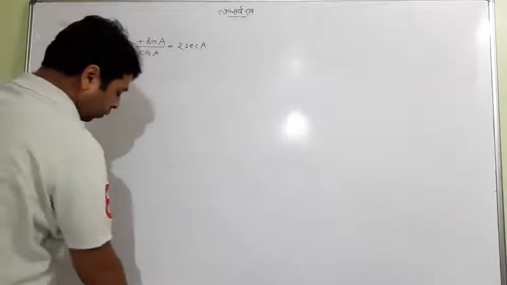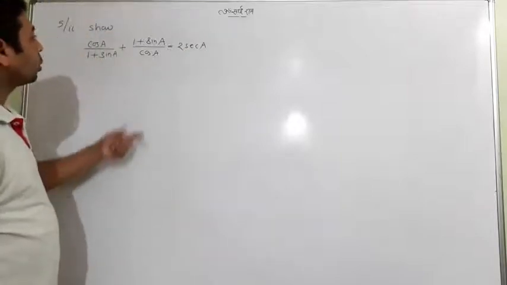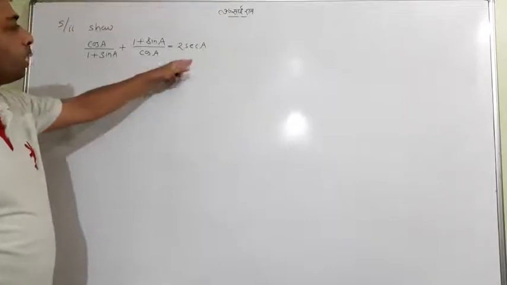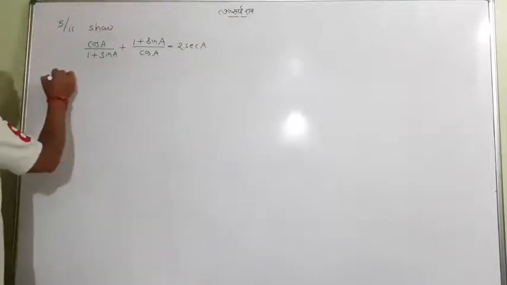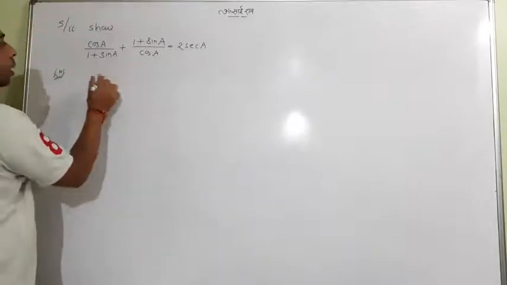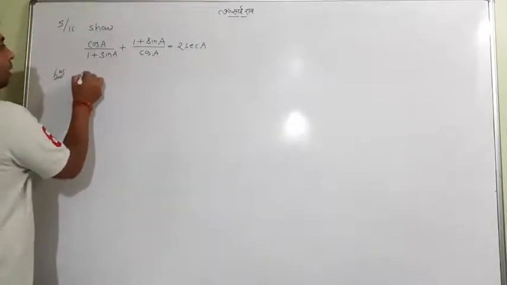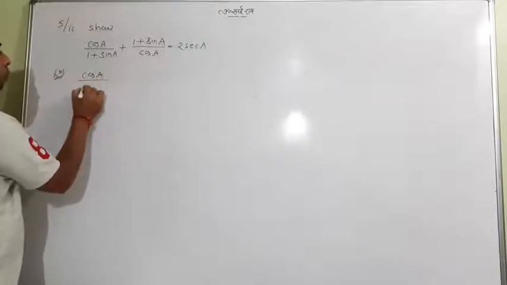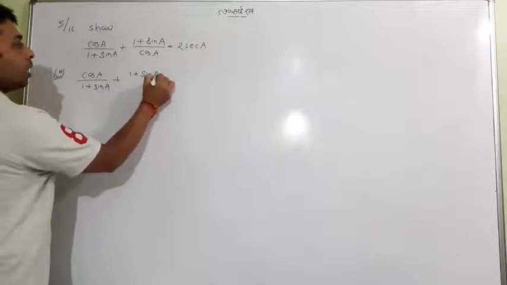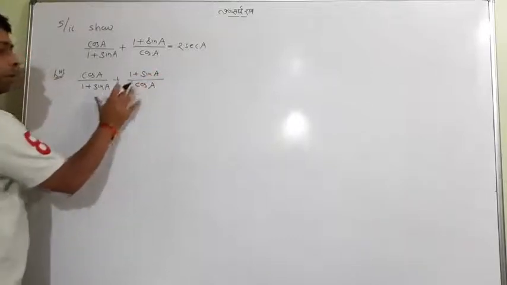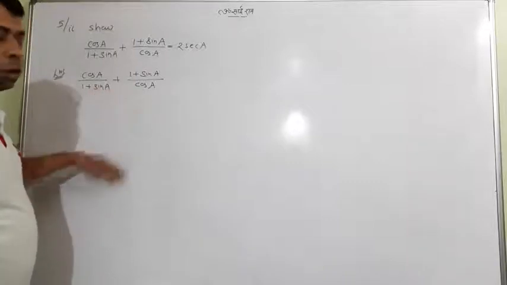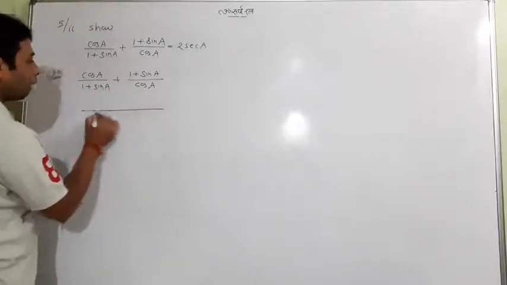These are the two terms we have, so this is a question with two sides. Definitely we'll go with the LHS and we'll try to find the right hand side. So what is the LHS? We have cos A upon 1 plus sin A and 1 plus sin A upon cos A, which is easiest because it contains sin and cos. So we start our working with the LCM.